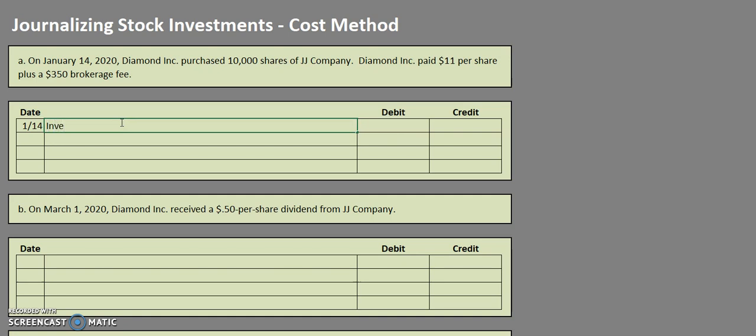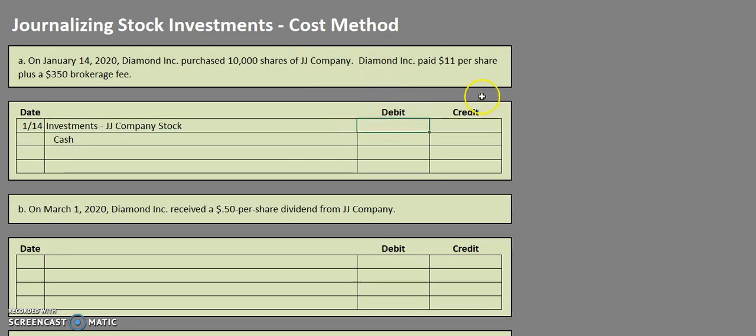So in this case, we are going to debit Investments-JJ Company stock. Now that dash there is very important. It essentially means that we are using the cost method. You'll notice in our later videos when we go over the equity method, that dash turns to the word "in." So it's very important that when we're doing the cost method, we use a dash. So debit Investments-JJ Company stock, and our credit will be to cash